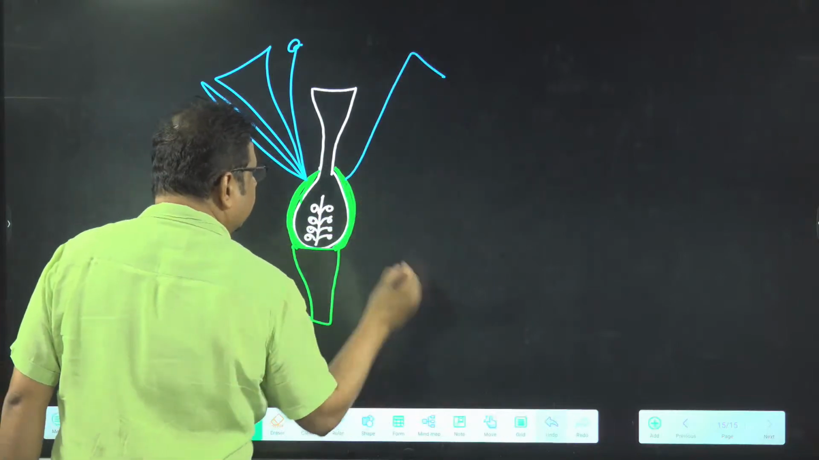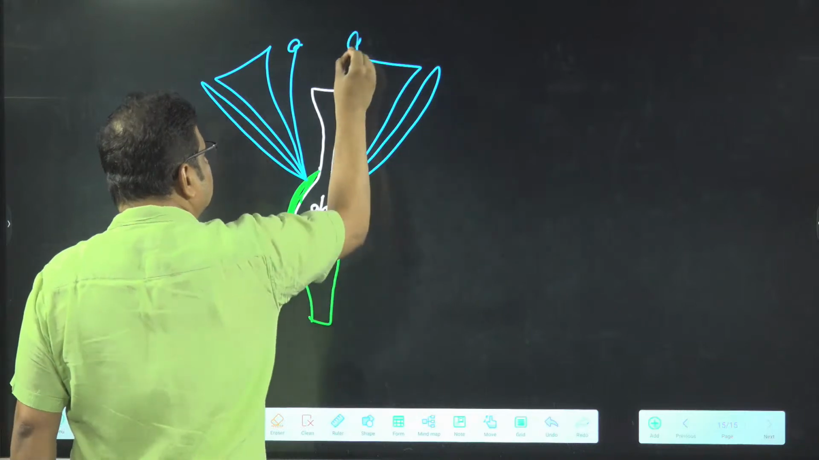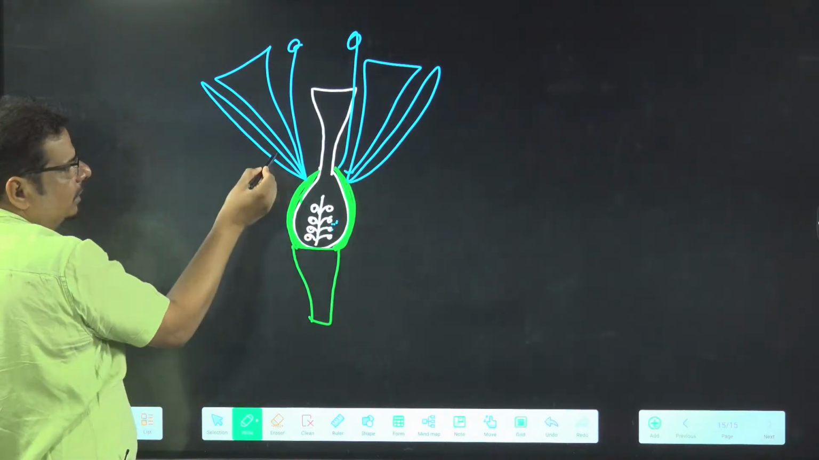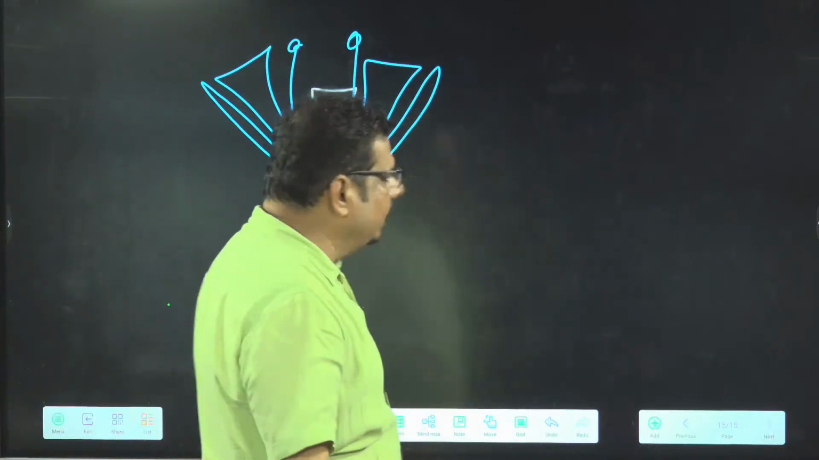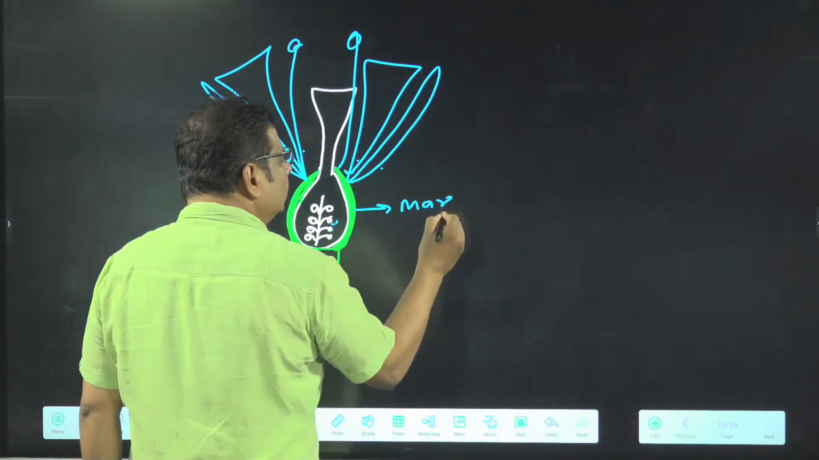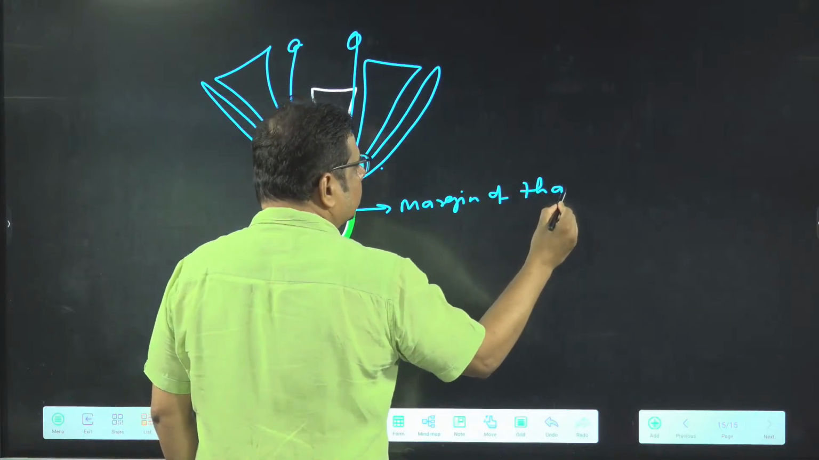It is the remaining floral leaves. So who is in the lowest position? Ovary is in the lowest position, and the remaining floral leaves are in a higher position than the ovary. That particular condition is called, so what are you finding? Margin of thalamus